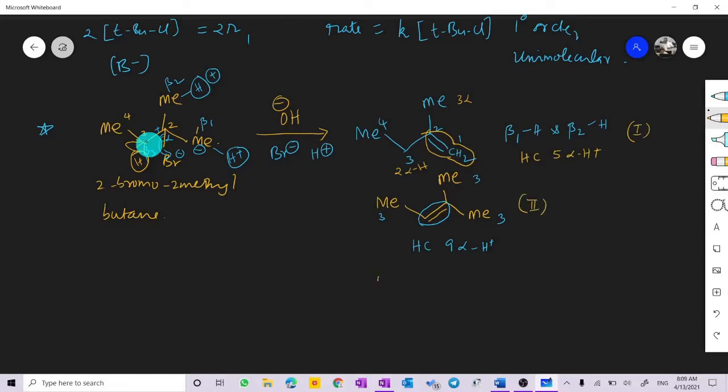So structure 1 is less stable than structure 2 due to hyperconjugation by more number of alpha hydrogen atoms. So therefore, this will be a minor product, say some 25% or something like that will be formed, and this will be the major product. So this is governed by the 2 rules as I said before, that is the Zaitsev rule